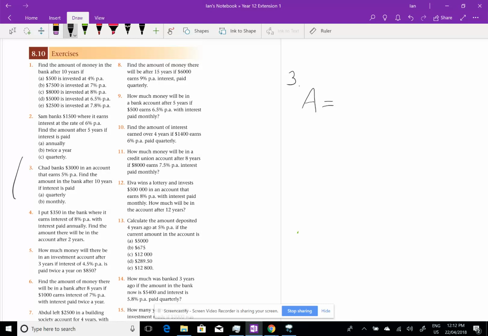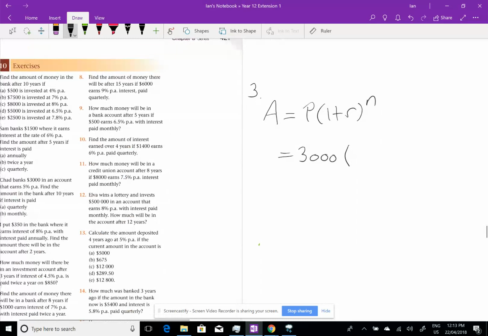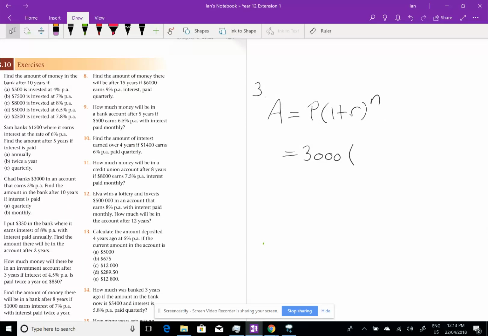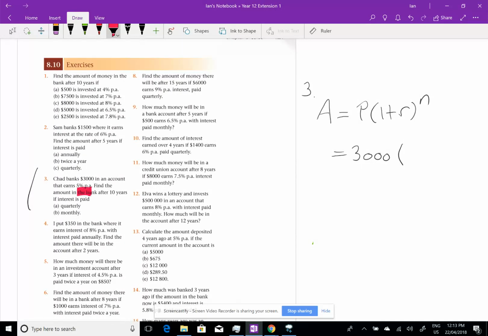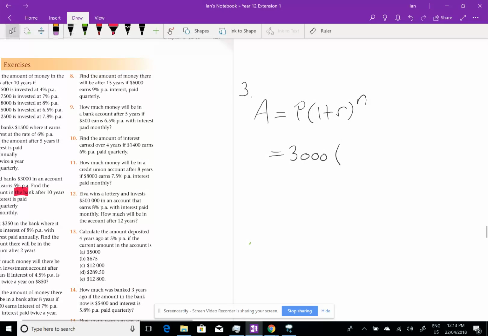So if I've got my amount is my principal, 1 plus the rate of interest to the n. Well, the principal doesn't change. It's 3,000. But now they're going to start playing with the time period and the rate of interest. Now, the big thing to look for here is the rate of interest is per annum. So if I start mucking around with quarterly, my rate of interest is divided by 4, because a quarter is a quarter of a year. So I'm going to have 1